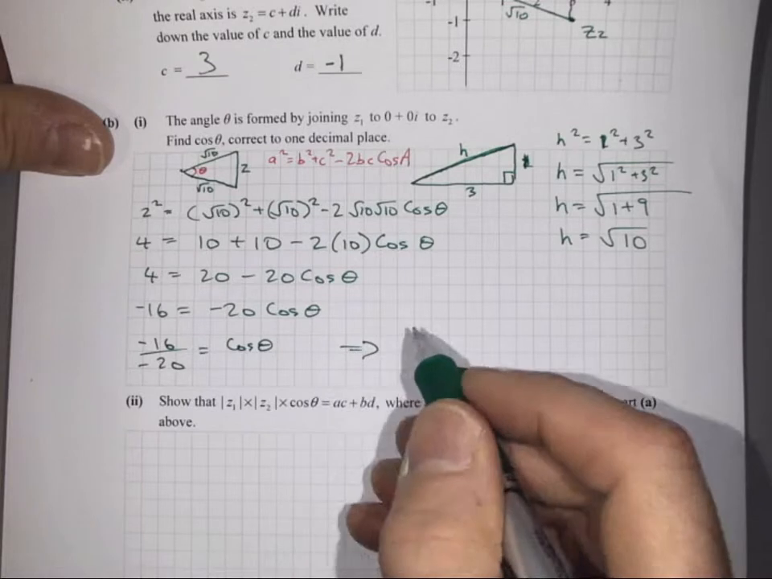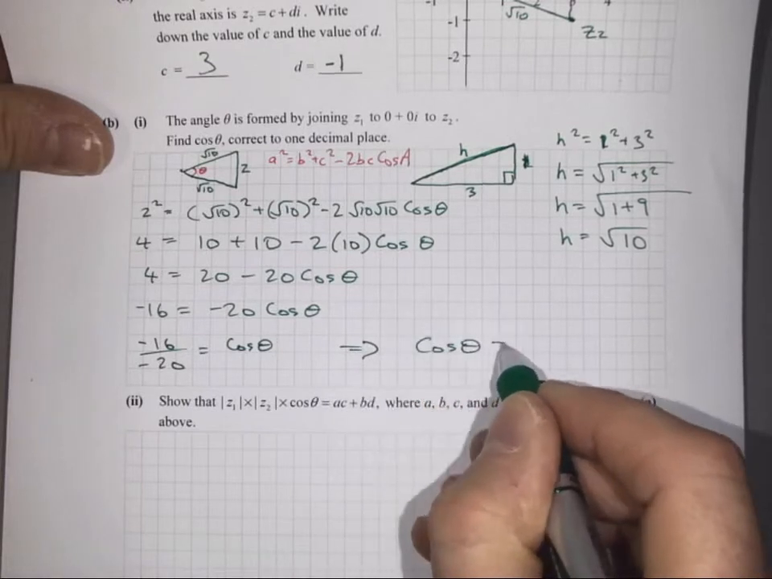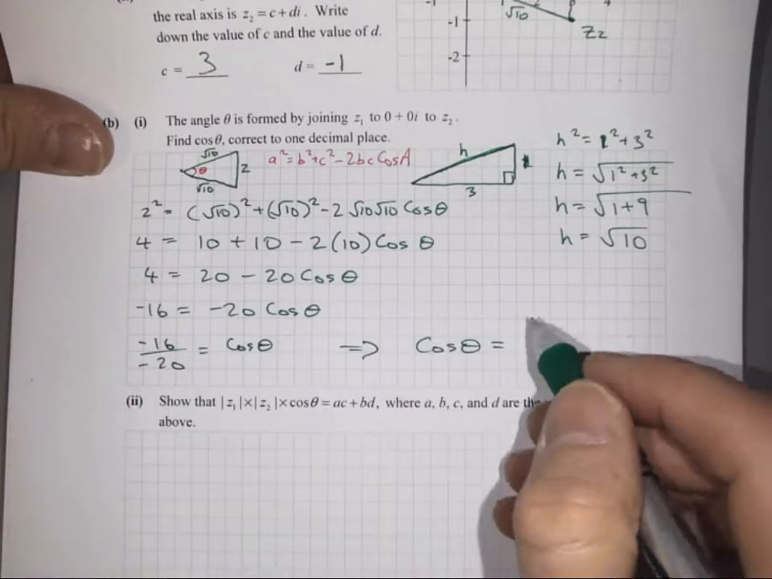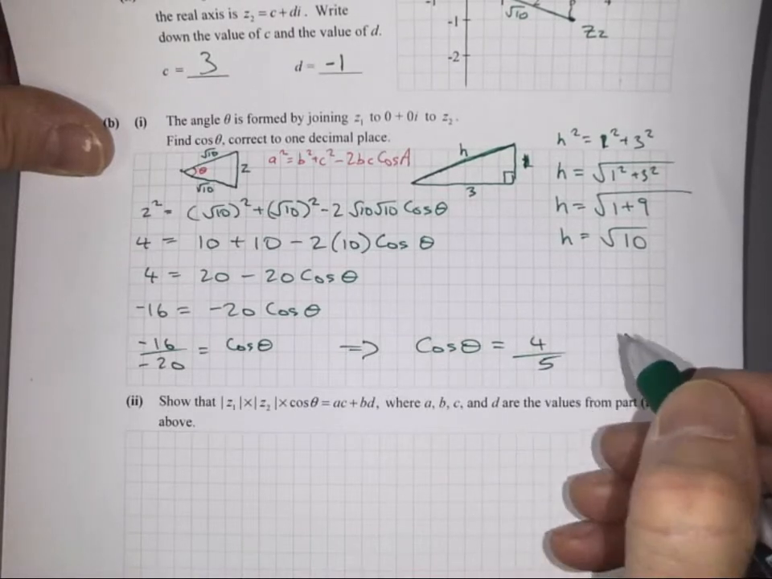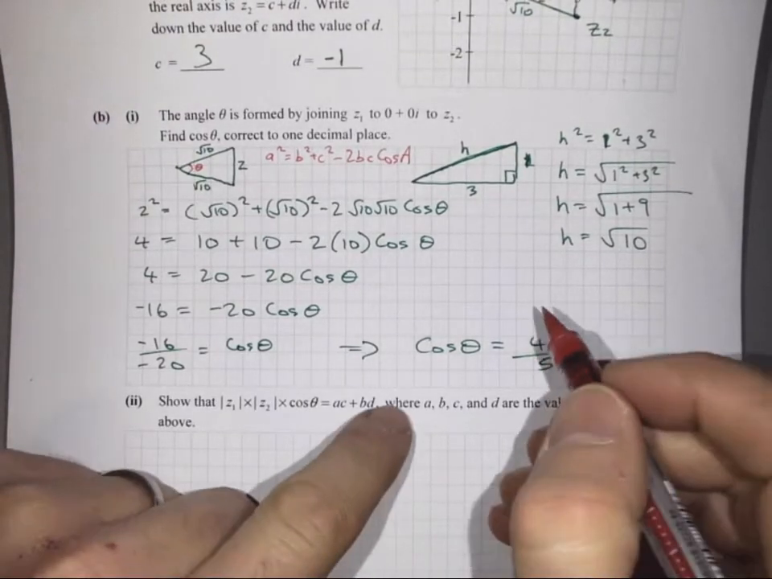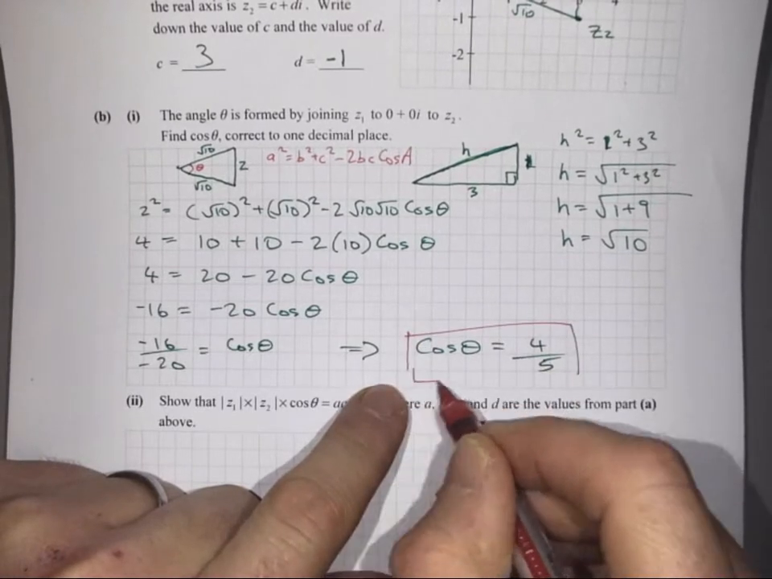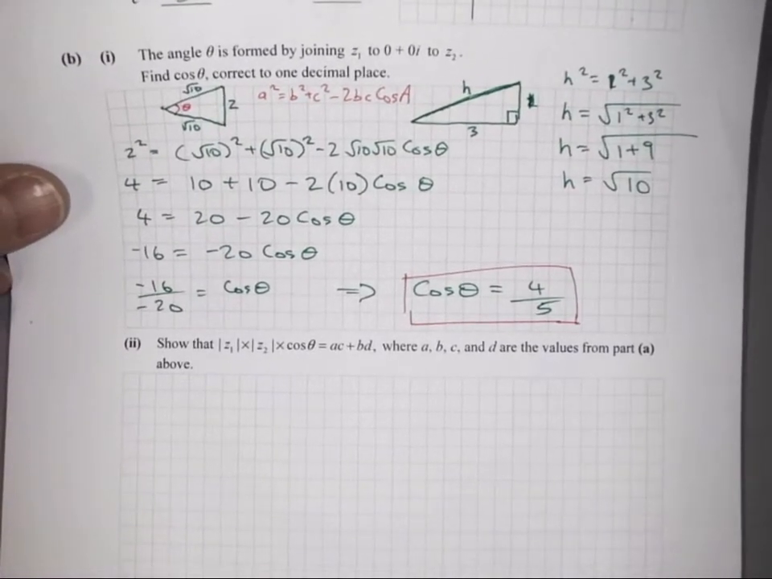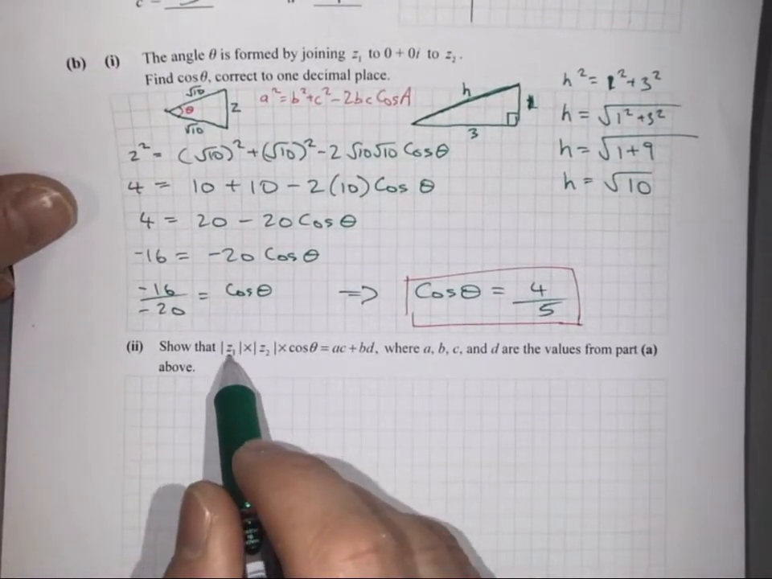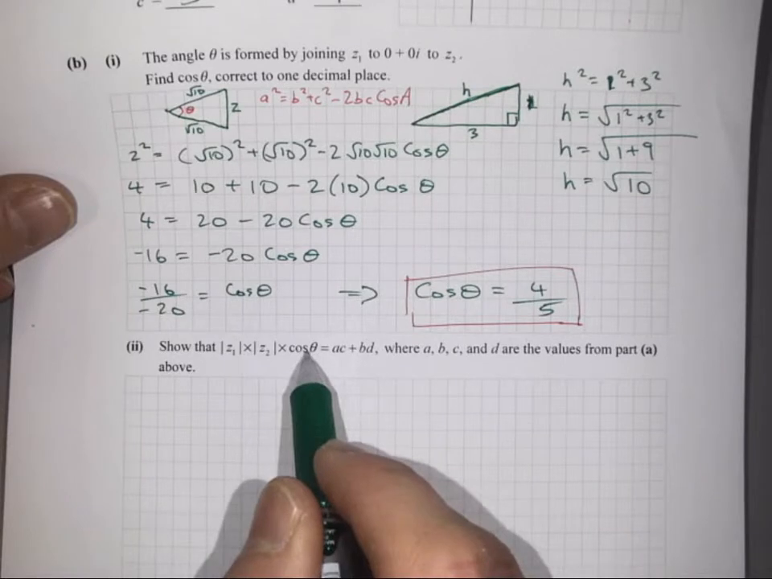And we can simplify that further and say that cos theta, the minuses cancel out, 4 into 16 goes 4 times, and 4 into 20 goes 5 times. Cos theta equals 4 over 5. And that's our answer. Part 2 then, what's going on here, show that this times this here times cos theta